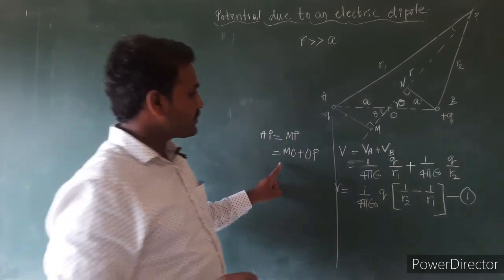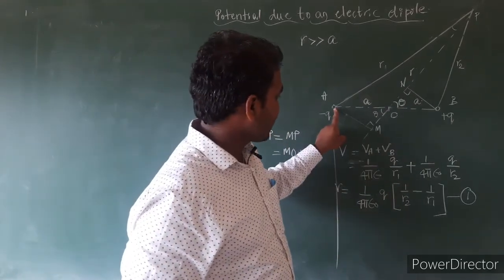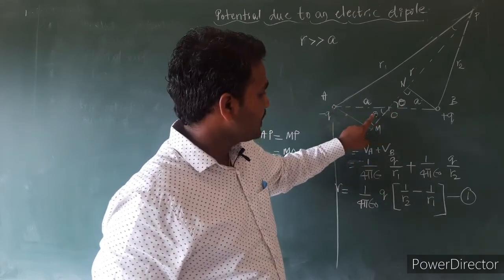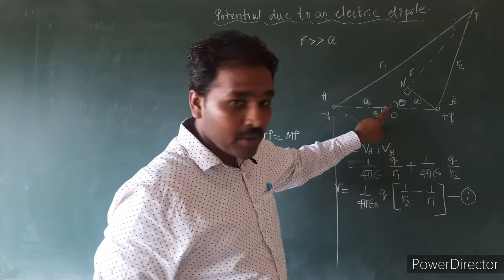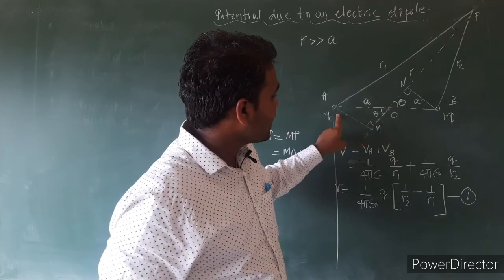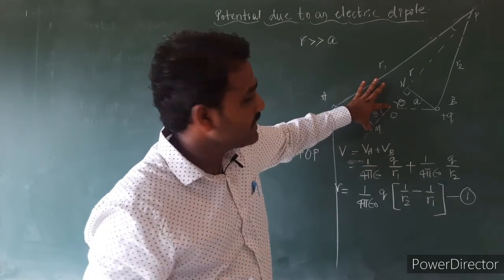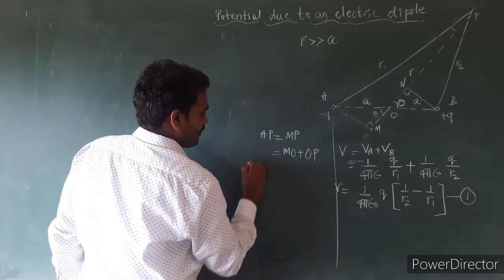Okay. Then consider the right angle triangle AMO. This is the angle here. This is my hypotenuse side, and the side opposite to this angle is what? Opposite side. This MO, is it not the adjacent side here? So, consider from